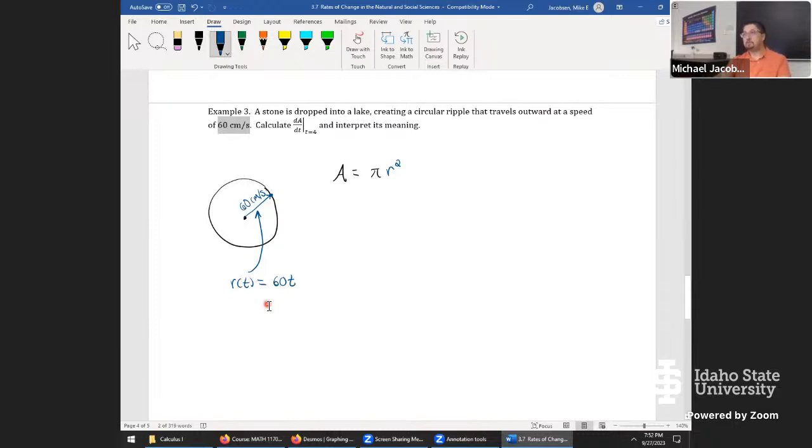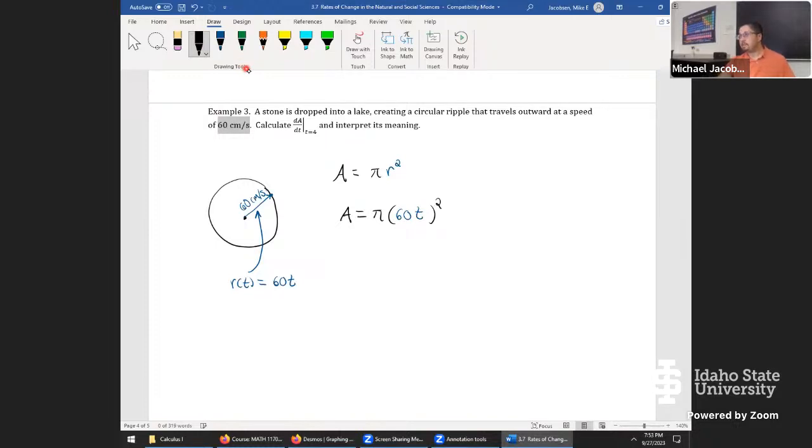Awesome. To me, that's the most confusing thing about this. But now, if you know that there's a 60t coming into play, we can put that inside here and just work with it. Now there's a couple strategies, but you mentioned put 60t right inside here. So let's do exactly that. A is now going to be pi. Throw in 60t